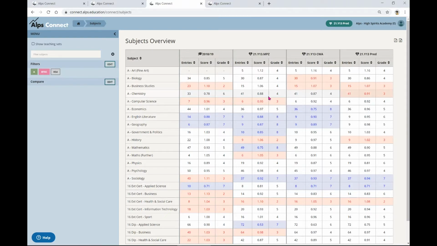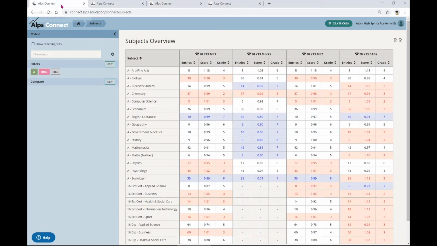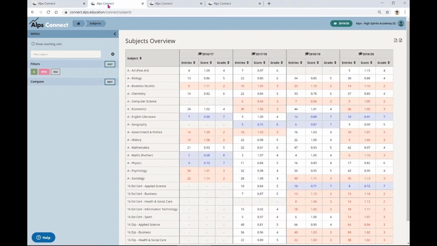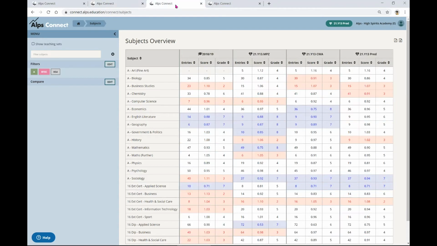If we have a look at chemistry in a bit more detail here, their monitoring grades were a 4, and then their predictions were a 3. And if I go back to previous years for chemistry, we can see that there was a 3, and a 3, so they were over-predicting there. When we got their actual results for chemistry, we can see that they were sort of a 4. So we really want to be looking at how they've arrived at these grades. The assessment there is a 4, which is more realistic in terms of their results. But then having that discussion about why they think they're a 3 and what the reasons are behind it.